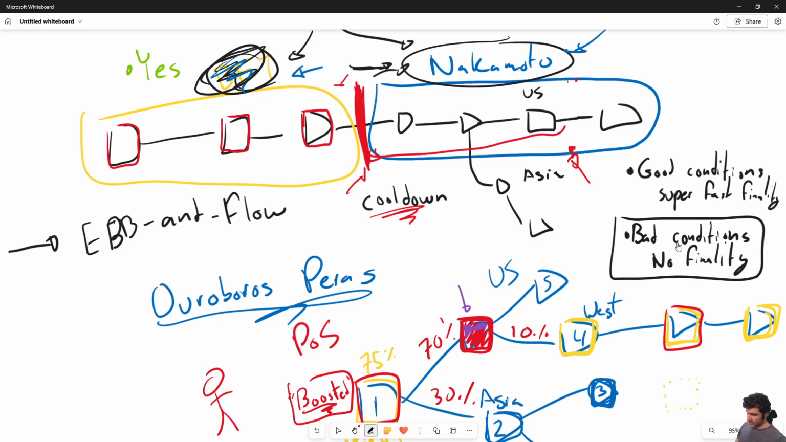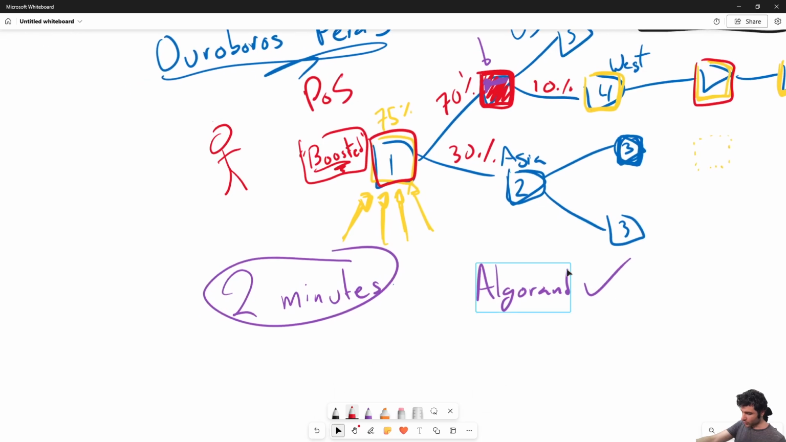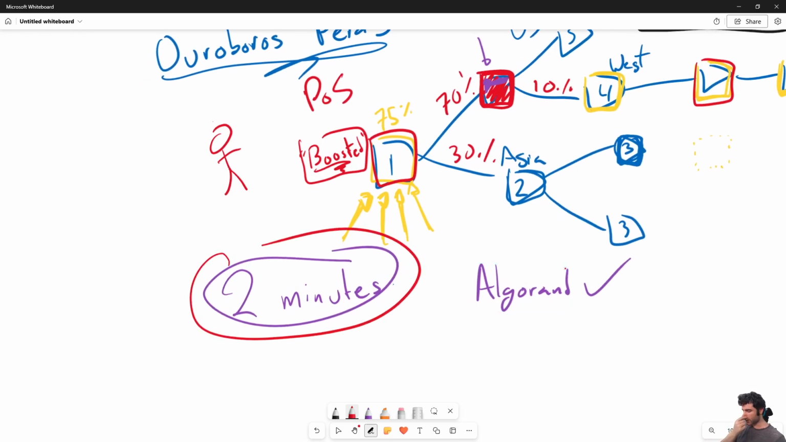And it turns out that in Ouroboros Peras, the closer you put the transition point to the tip of the chain, the more likely this bad condition is to occur. So by having super fast finality, you're also increasing the likelihood that you have to fall back to having no finality for your period of time. And so based off of this, in the documentation for Ouroboros Peras, you can find that they picked 2 minutes as what they felt was a good trade-off